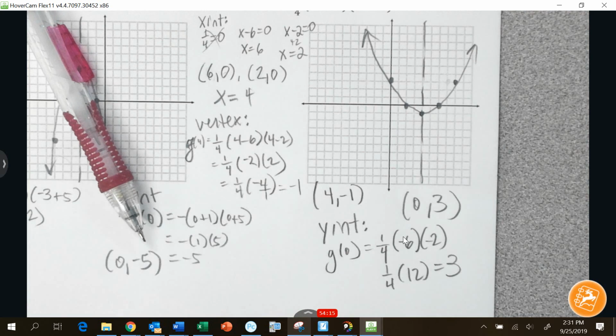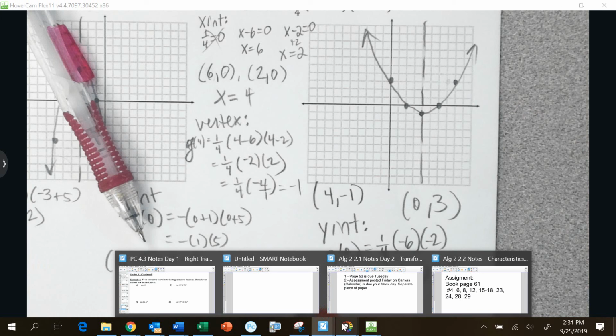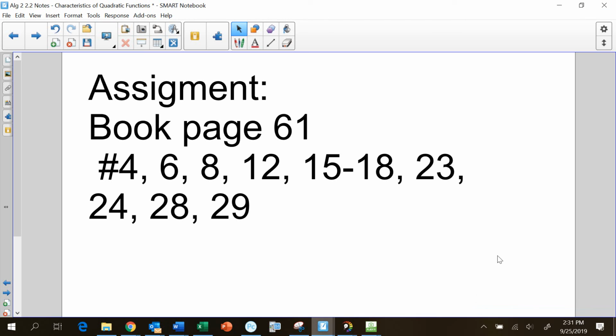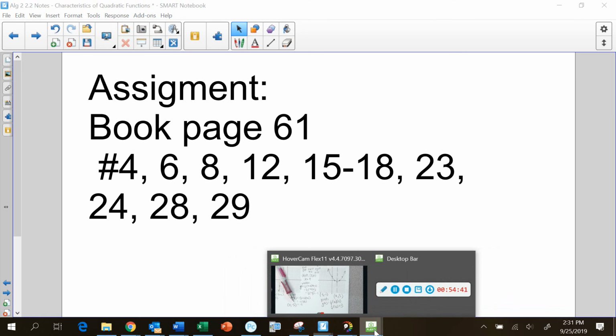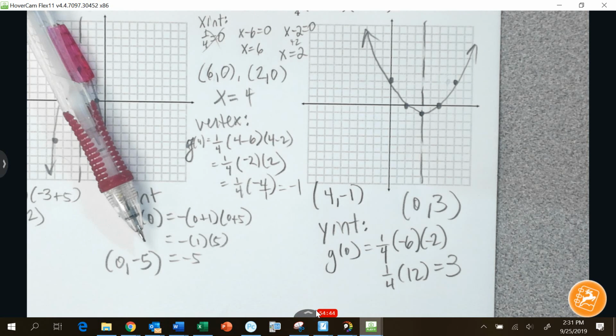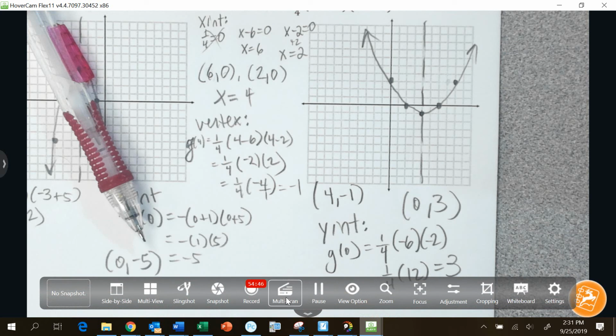Yep. So all of your homework is going to be graphing, and it's sectioned off. Like, it's not like you have to figure out which method to use. The first ones are all vertex form, the second ones are all standard form, and the third ones are all this form. Okay? And I have graph paper provided for you. It is a book assignment. So remember, we went over how to get on the book online. And you could always screenshot it if you